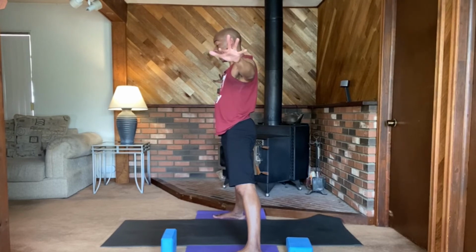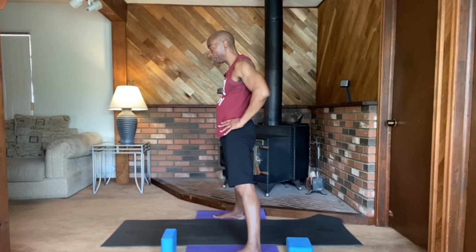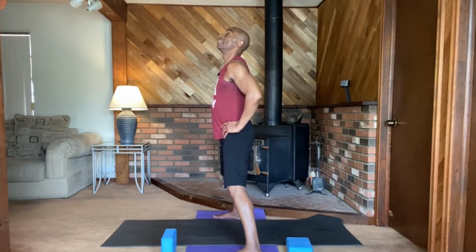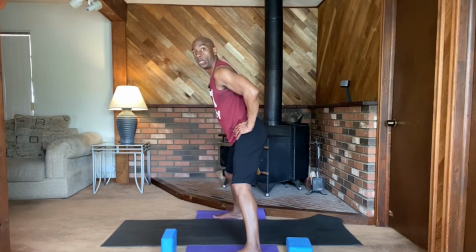Fourth version. Inhale, reach out through the arms. Exhale, bring hands to hips once again. You can keep them just like this because this is going to change. Alrighty? Here we go. Inhale, tip chin up, look up. Exhale, pull belly in, soften knees, and start to fold very slowly because as we're folding, we're going to release